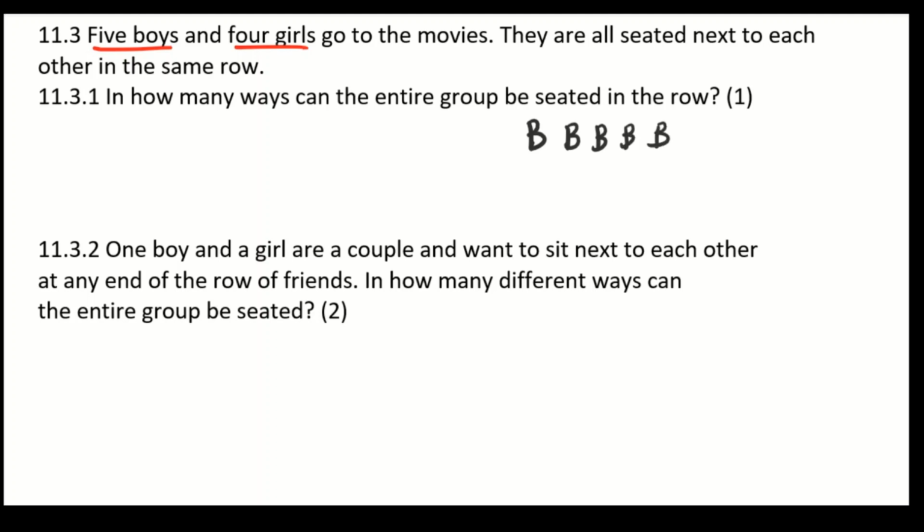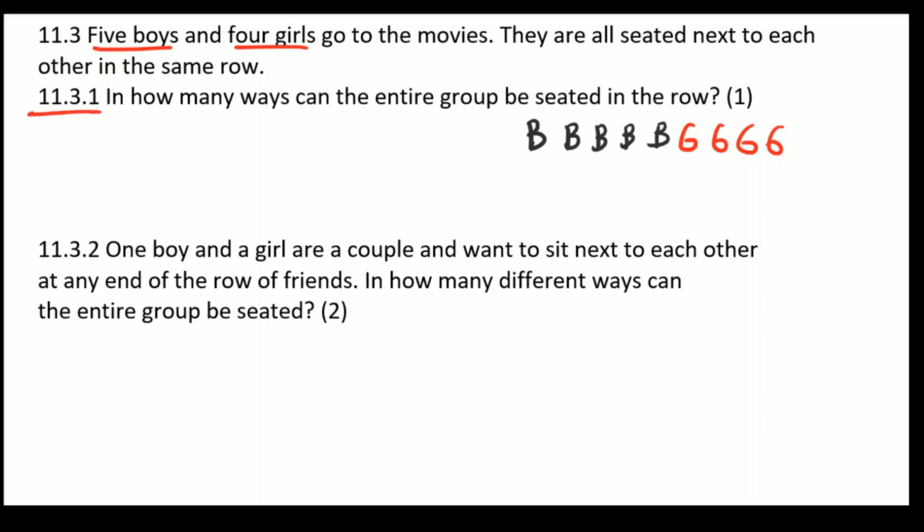So they didn't say 5 boys seated next to each other, 4 girls seated next. No, I'm just literally writing this. I can write it randomly. Boys, girl, boy, girl, it doesn't really matter. So these are girls, girls, girls, girls. Right? 4 girls, 5 boys, seated next to each other. So they can be seated randomly. Can be a boy, can be a girl, can be a boy. It just doesn't matter. So now the question says that